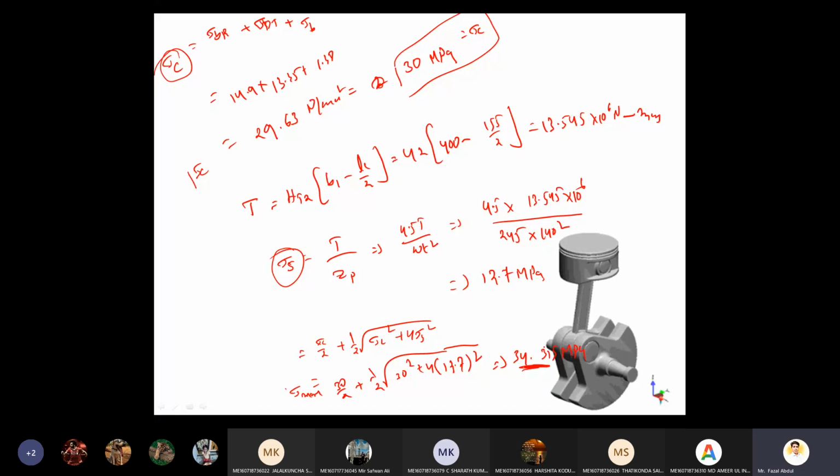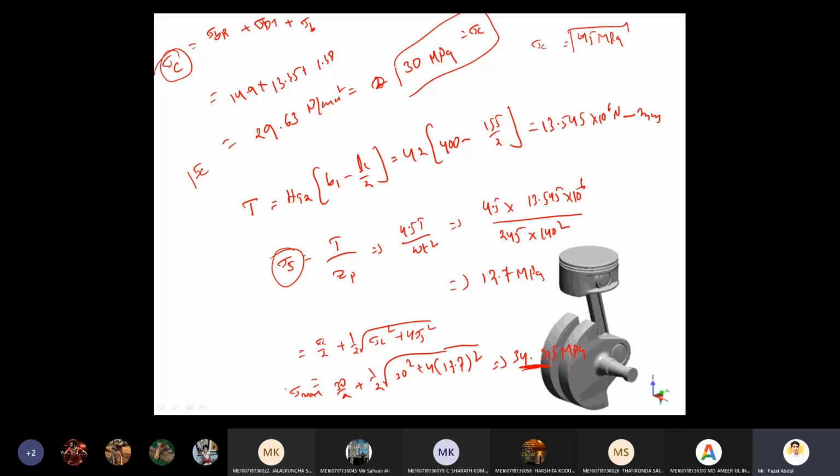Otherwise, based on the material, we can take the maximum permissible tensile or compressive stress. So it is 45 megapascal by material combination. So based on the material, this is the maximum safe limit. But by calculating the permissible value, we are getting 34.315. So that's the reason whatever the dimensions we are taking here,